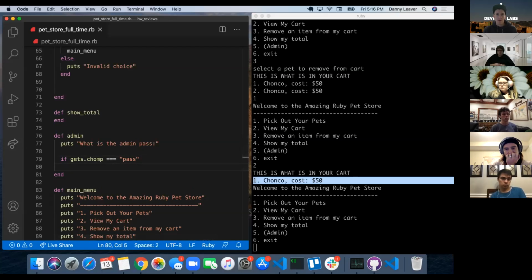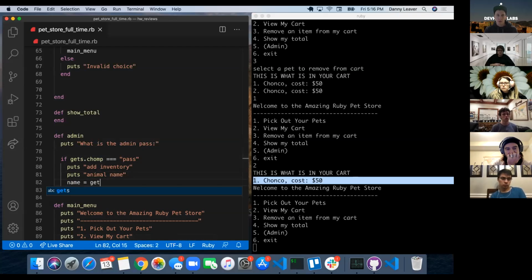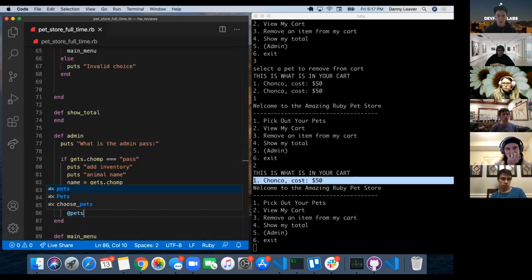Then we will go into the inventory, we'll add the inventory. So then we can do puts add inventory, and then we will do puts animal name equals gets.chomp. I'm just going through this faster because I want to get done before the end of the day. And then we will do the price, and then the cost equals gets.chomp.to_i. So we're just asking to put in the name and the cost, and then what we can do is put those into an object and shovel it into the